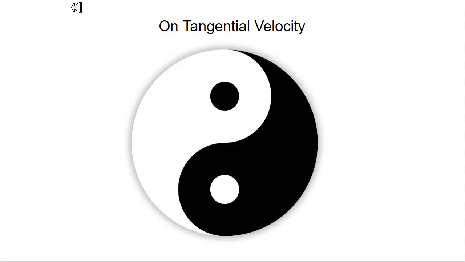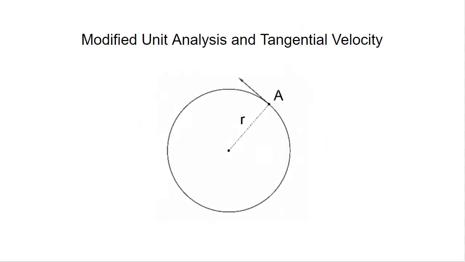Today we're going to talk about tangential velocity. We're going to go into a little more detail about this since tangential velocity plays a huge role in the Ohm particle model. In particular, we're going to talk about how to apply modified unit analysis to the problem of tangential velocity. Now, as you may recall, the tangential velocity is the velocity of a point on the outside of